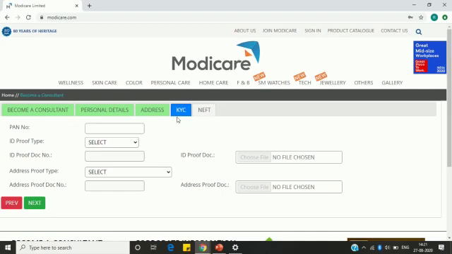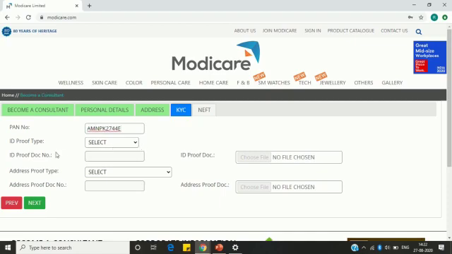So this is the fourth page wherein you have to enter all the details and upload the documents. So this is called as KYC documents. Know your customer. First one is PAN number. So enter the PAN number. Okay.